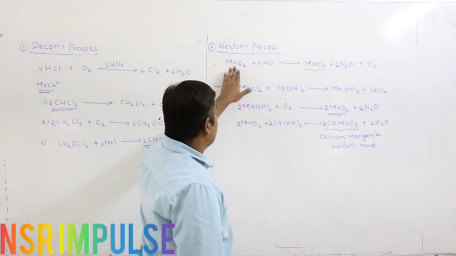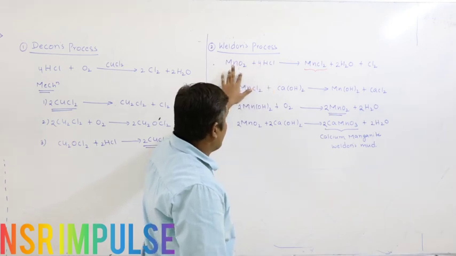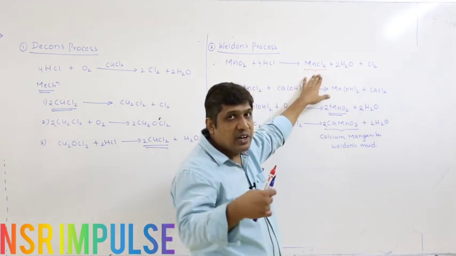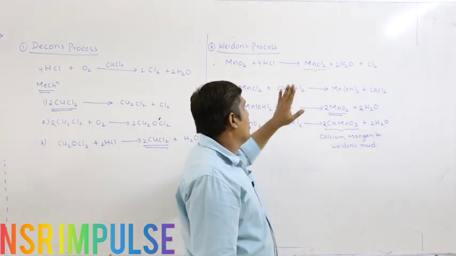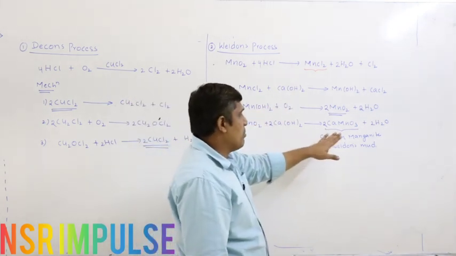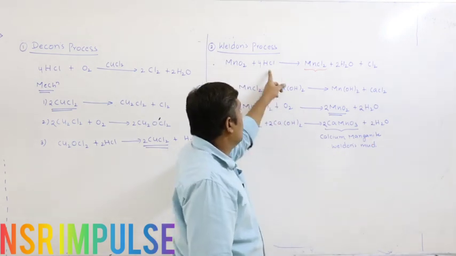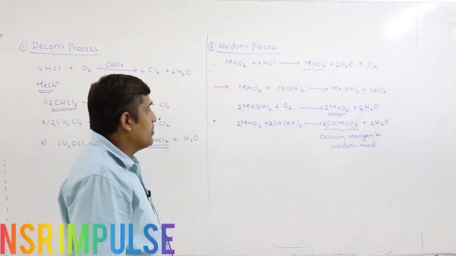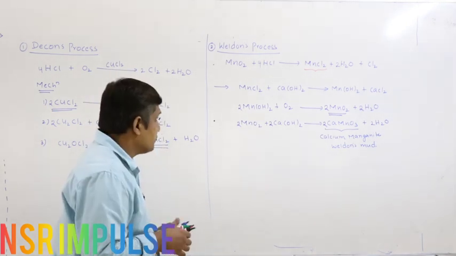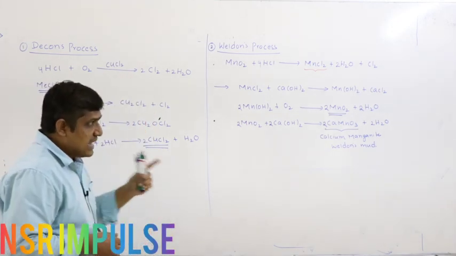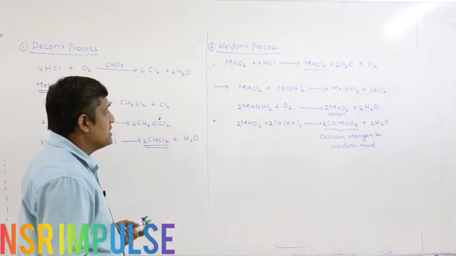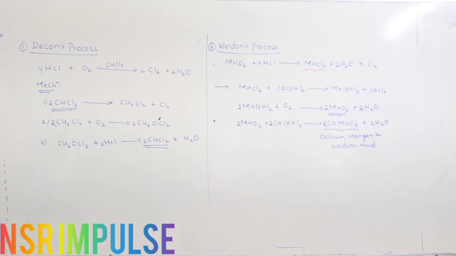So what we are studying here is in Weldon's process, we are treating HCl with manganese dioxide. So we know that chlorine is released, right? The byproduct formed is converted into oxidizing agent again by treating with excess lime followed by aerial oxidation, right? You can also use calcium manganate or Weldon's mud to oxidize HCl. You will get CaCl2, MnCl2 and water. So what is Weldon's mud, what is calcium manganate, these are important points, and how to convert MnCl2 into oxidizing agent. The next method is